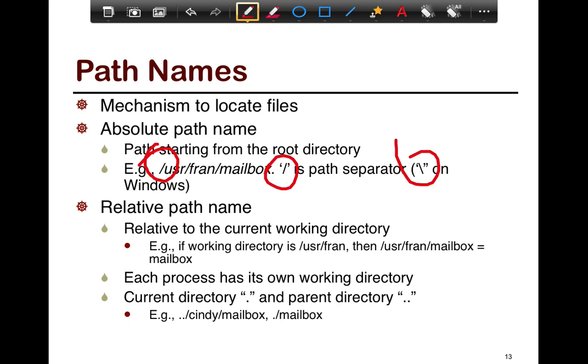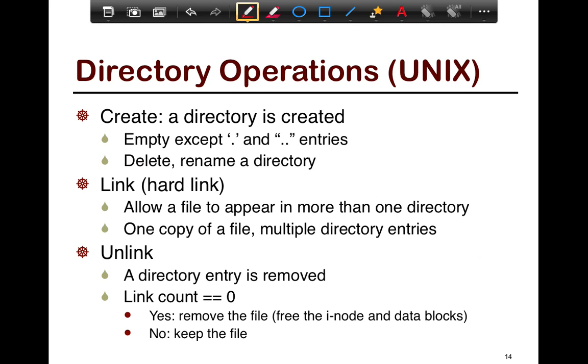Relative path names do not need to use the absolute form, but simply specify relative to the current directory using the following notion. You use a dot to indicate the current working directory, and the current working directory can also be obtained by the CWD variable. In such cases, the system automatically prefixes it, and assumes that our search is only starting from the current directory. Directory operations are similar to file operations. They include create, link, and unlink.